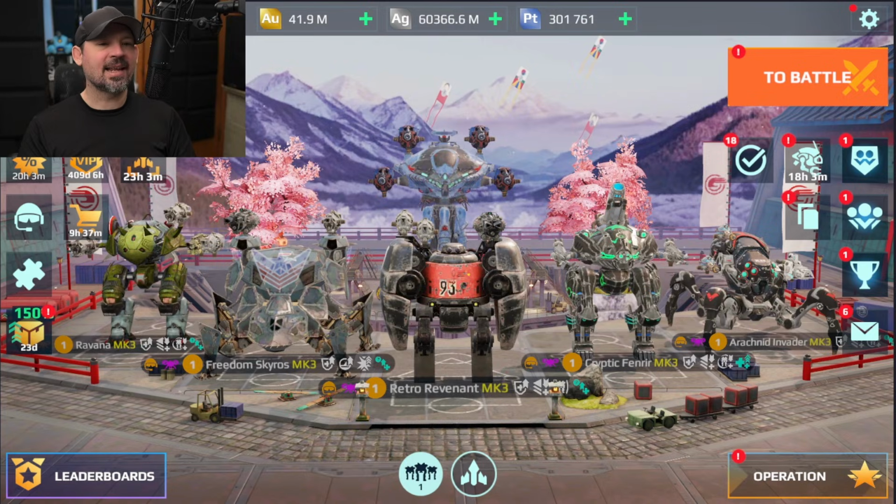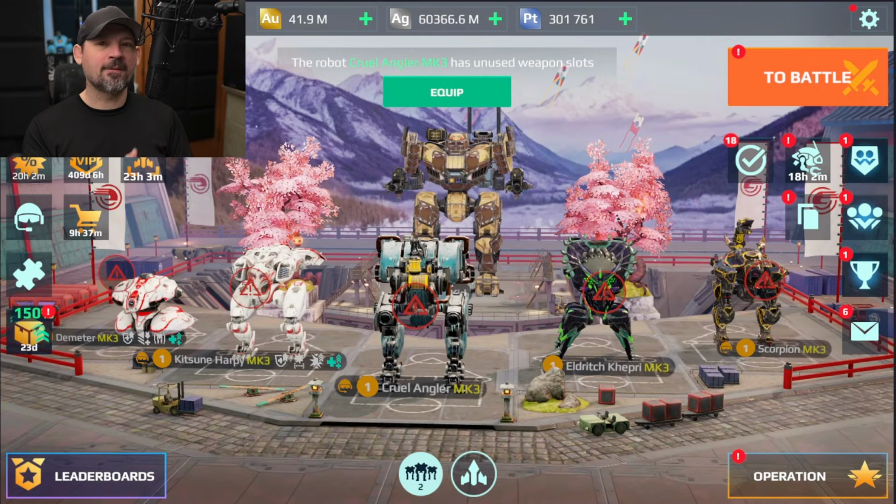Danny Lynham back. Today we are going to go over the top 11 workshop robots that you can build in the workshop. Number 1, number 2, and number 3, we're going to have the Fenrir, the Revenant, and the Ravana. Those are awesome. Number 4 and number 5 will be the Skyros and the Invader. Now we have our other really fun, really good robots, and you can replace either the Skyros or the Invader